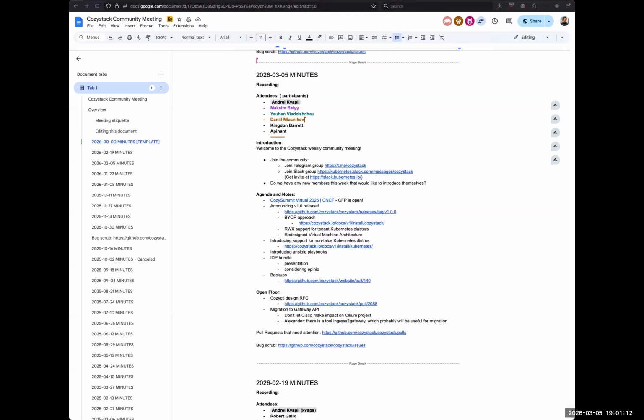A network engineer always thinks about how to simplify the whole network. If everything can be done with Cilium, it's fine. If everything can be done with Kube-OVN, it's also fine. But if it's one thing, another thing, and another thing, from network engineering and from operations, it's complexity, and the question is whether it is possible to make it simpler or not.